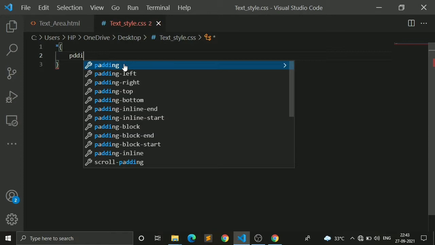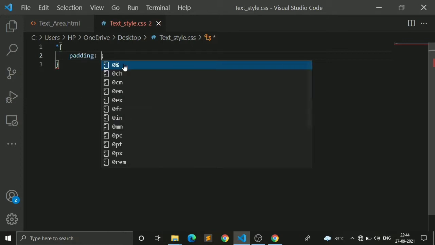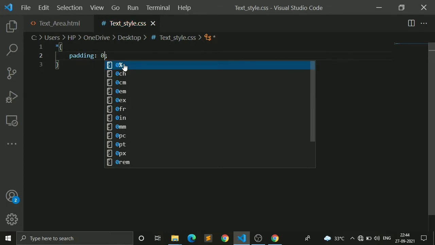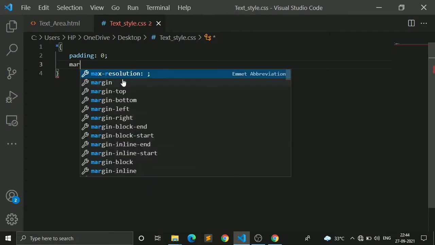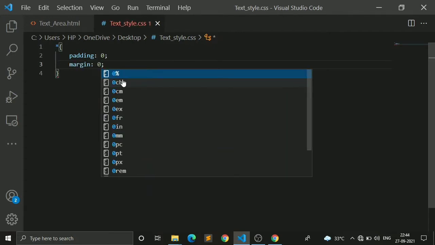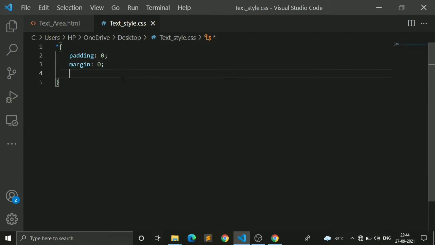When I started to write padding, you can see that VS Code suggests the padding and other things. I am giving it a value of 0, and next I will select margin, and it is also 0, and the next one is box-sizing.